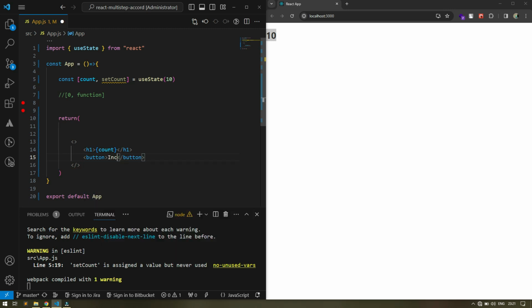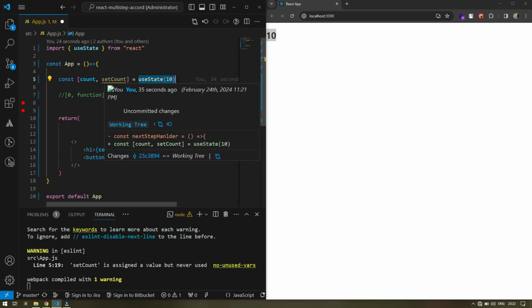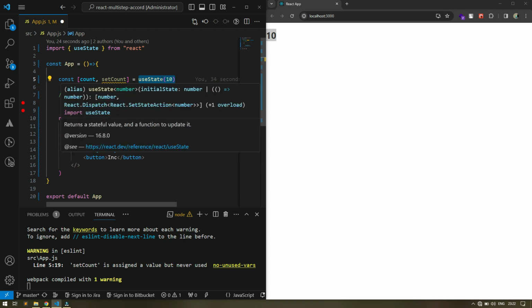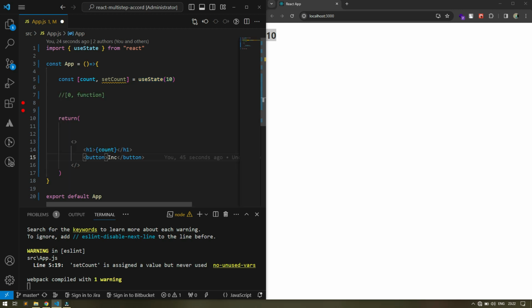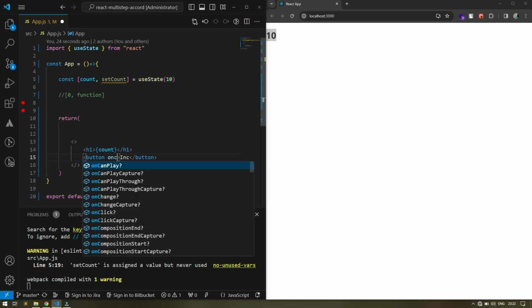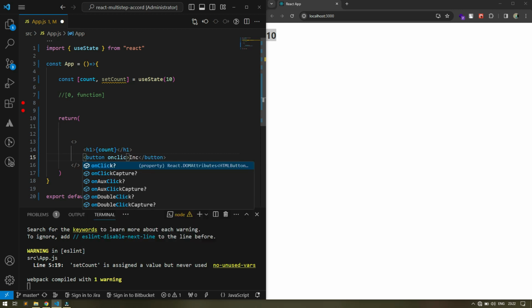So here I have created a button and I want to attach a function on click that will be executed, and on this execution I want to increment the value of the useState. So right now it is 10. On the click I want to update it to 11, and if I click it again then it will be turned to 12. So on click, what I'm going to do here is call the onClick function,